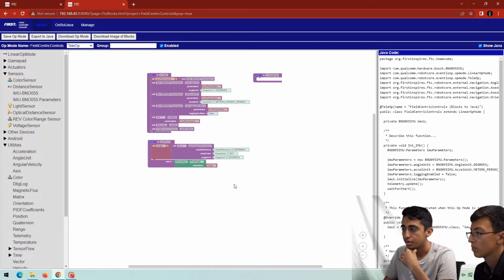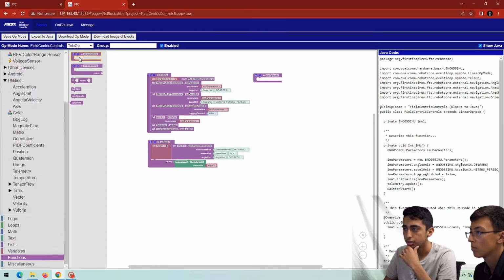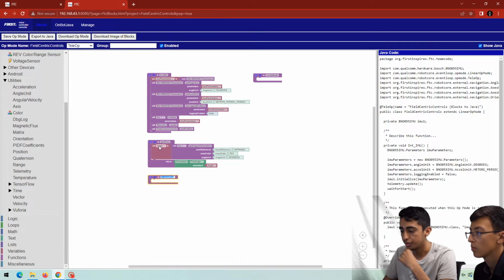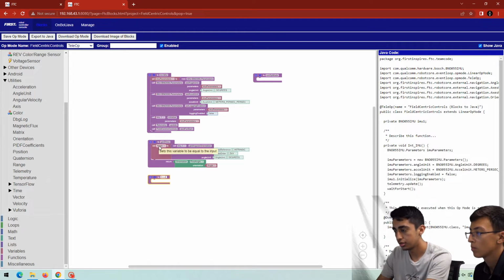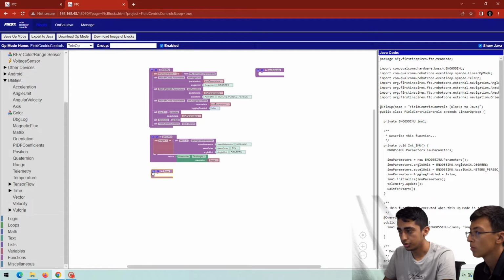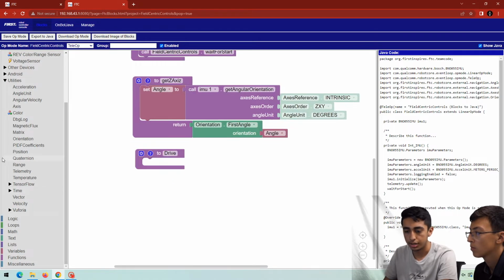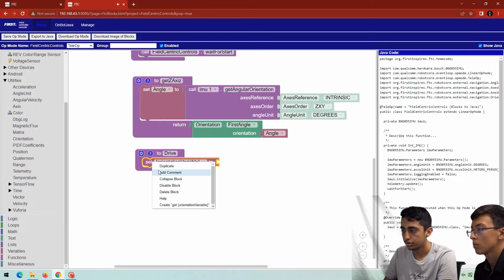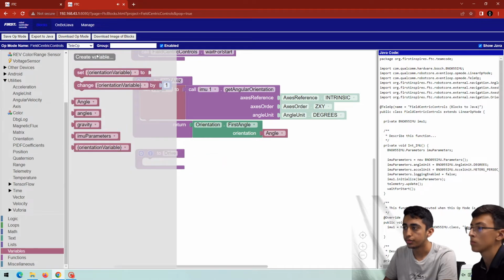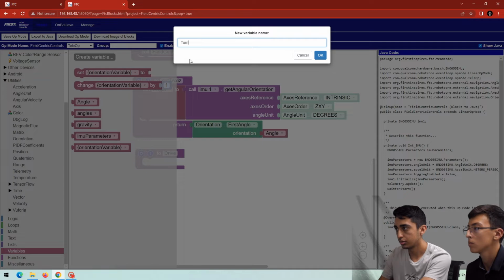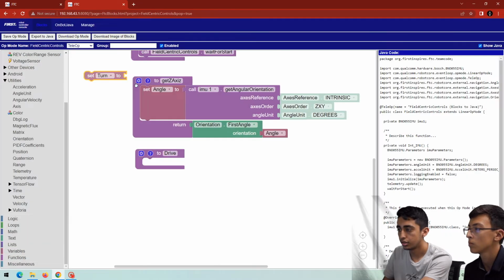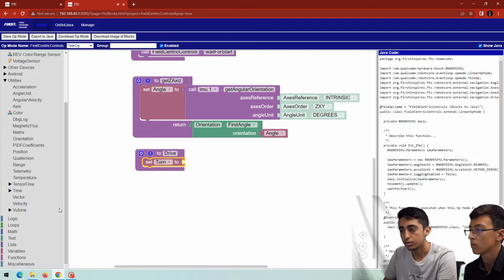Then next, we're going to make all of our variables, all the things that are going to make it run. So we're going to do another function block, bring that in here, and just call it drive, since they're all the drive variables. The first variable we need is to actually turn the robot. I'm going to create a variable, call it turn, and we're going to set turn equal to